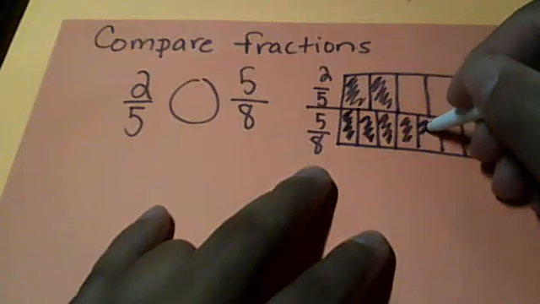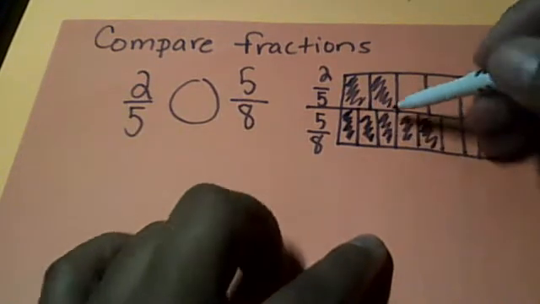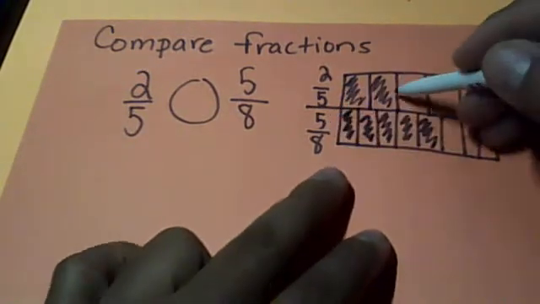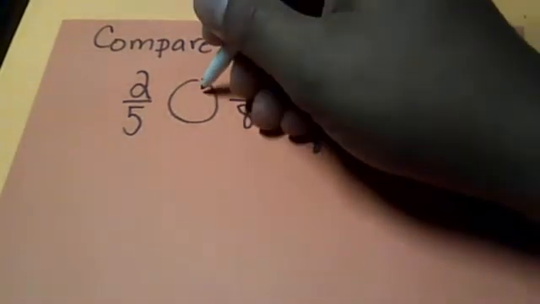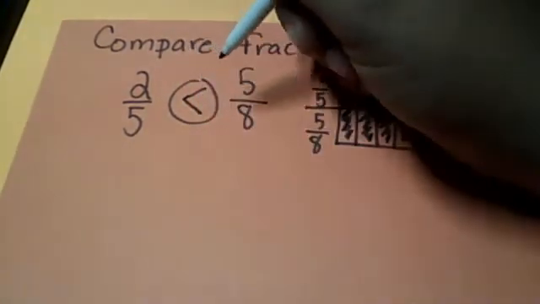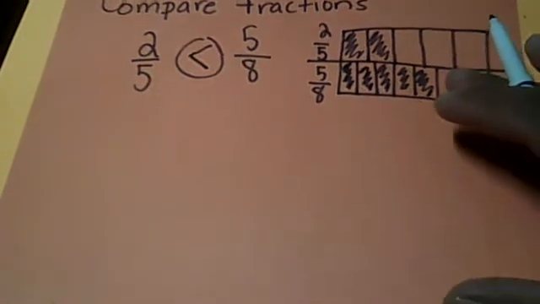All right. I can tell that 5/8 is greater than 2/5. So 5/8 is greater than 2/5. All right. Let's try another fraction. Let's try